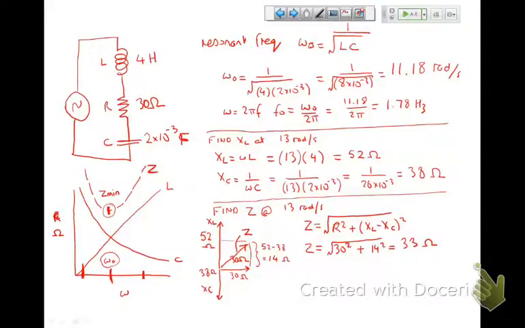Man, I think I changed that too much, but never mind. So I've gone the other way now. The next thing that I would do is say, what is my phi? And my phi is that angle there. And phi is equal to tan to the minus 1 of my rise, my opposite, which is 14, over my adjacent, which is 30, which equals